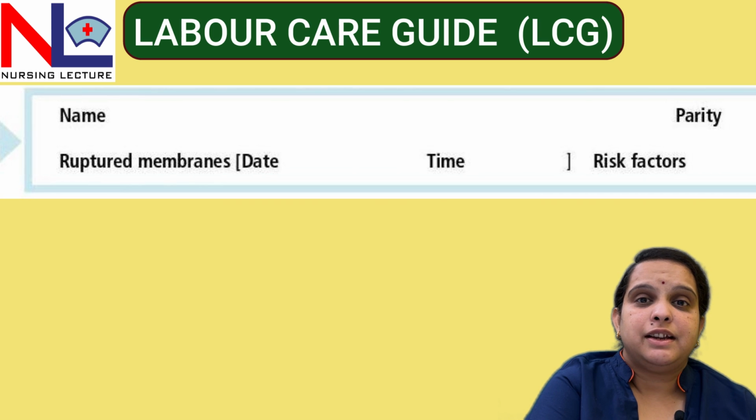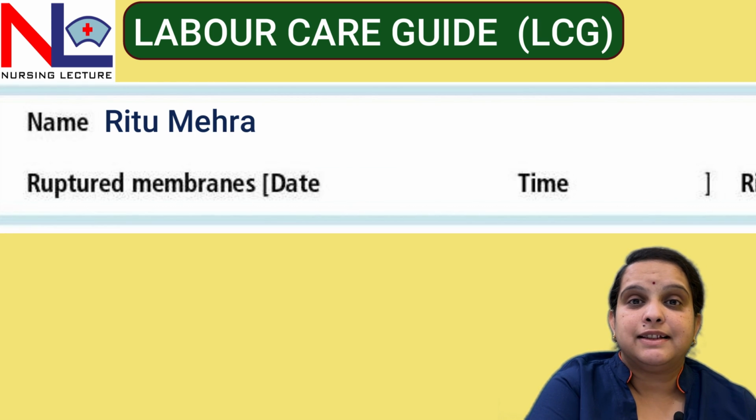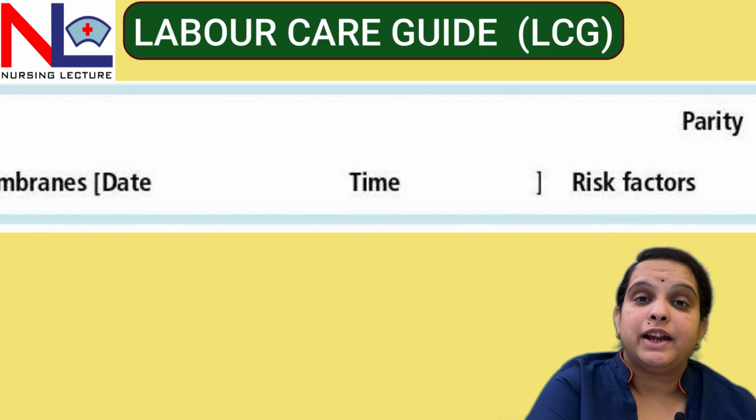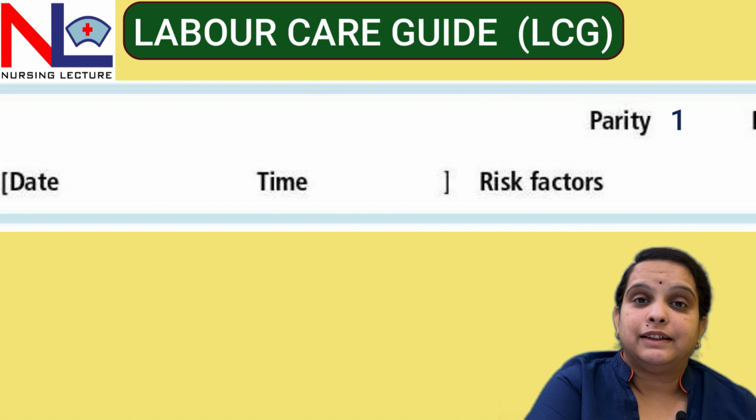There you can see the first is name. Here you have to write the full name of the mother, and the second thing is the parity. In numerical form you have to write how many times the mother has had a previous viable birth, so that number you have to write. And the labor onset,